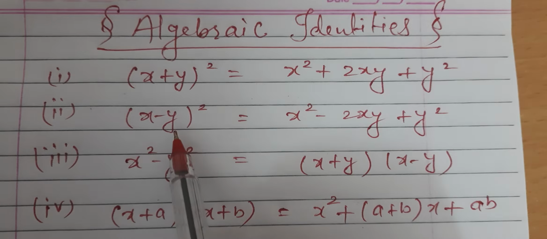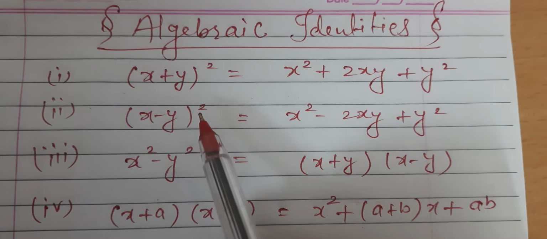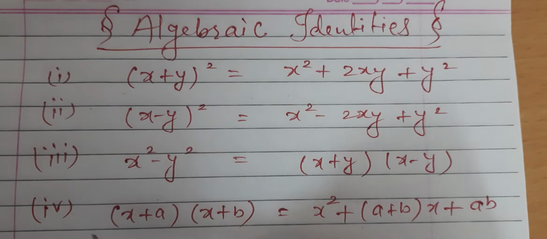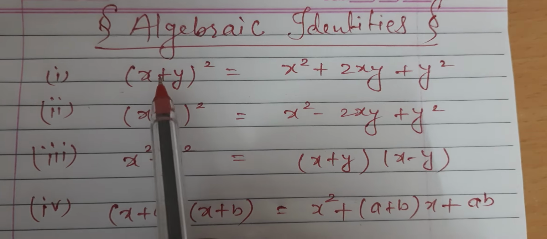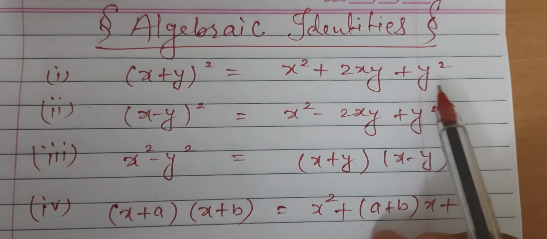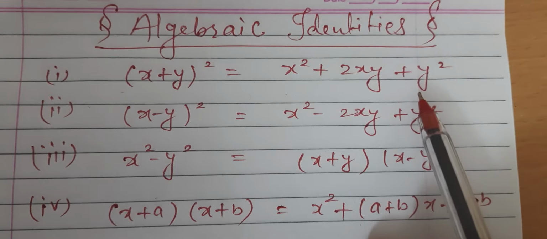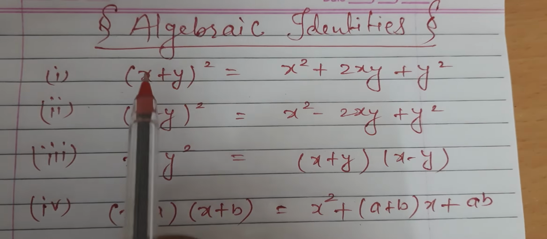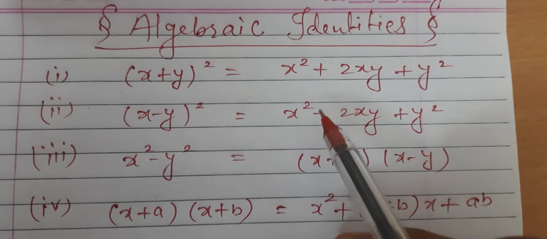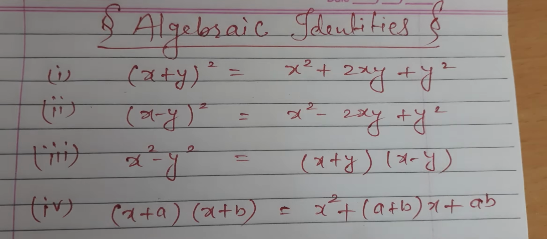The first identity, and you are already aware of these first three identities, or I think all four identities, because in the previous class you have already studied them. The first identity is (x plus y) the whole square, which equals x square plus 2xy plus y square. You can also write these identities in the form of a and b. Means you can also write (a plus b) the whole square, which equals a square plus 2ab plus b square. You can use any variable: x, y, z or a, b, c.